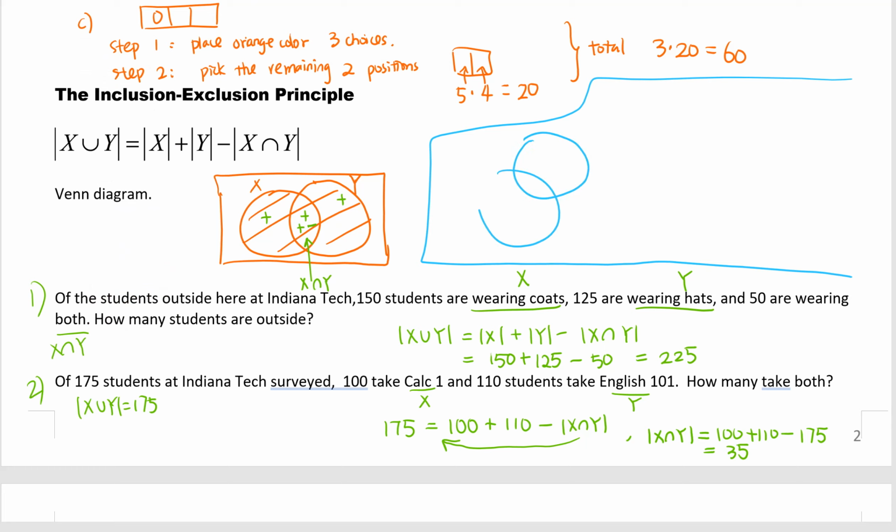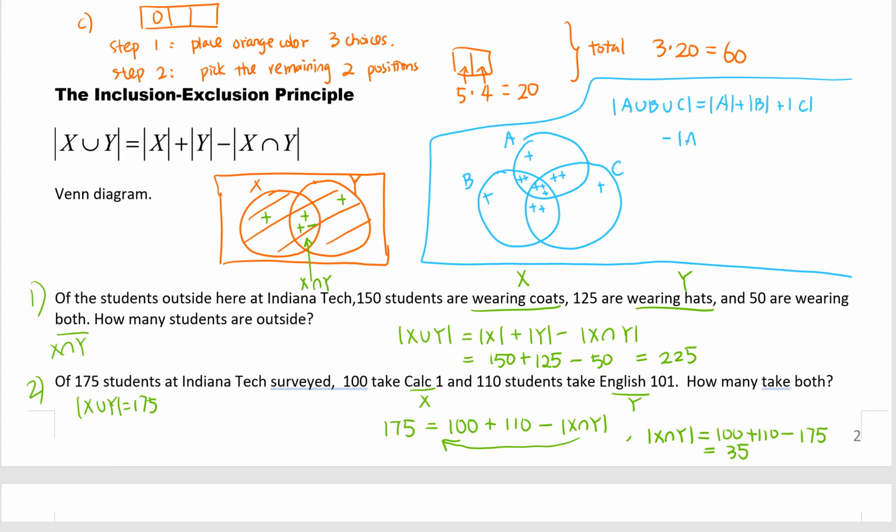Let's say we have A, B, C, right? So A union B union C equals, first of all, we do A. So A is this guy, this guy, this guy, this guy, right? Plus B. B is this guy, but this guy again, and this guy again. See, some region we counted twice. And we plus C. C is this guy, this guy, this guy, this guy. So you can see some region we counted twice, some region we counted 3 times. So for the region we double counted,